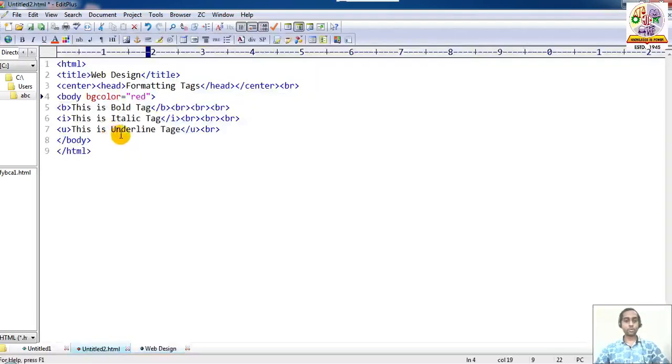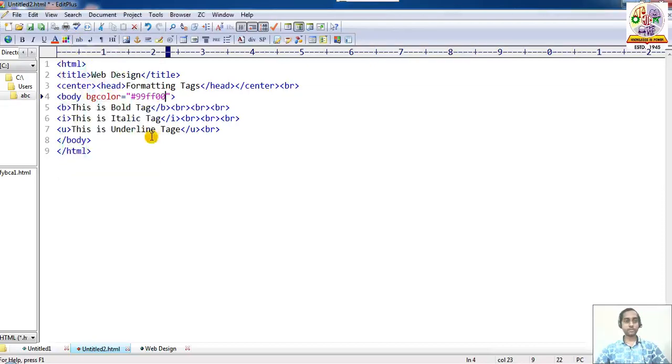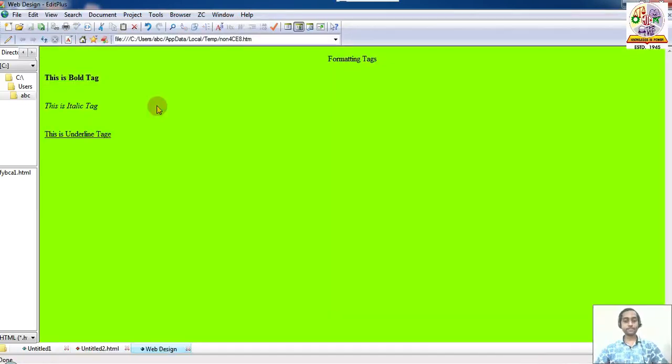If you want to mention other colors, you can select the color box and select many colors. This is the code of the color box, like that.